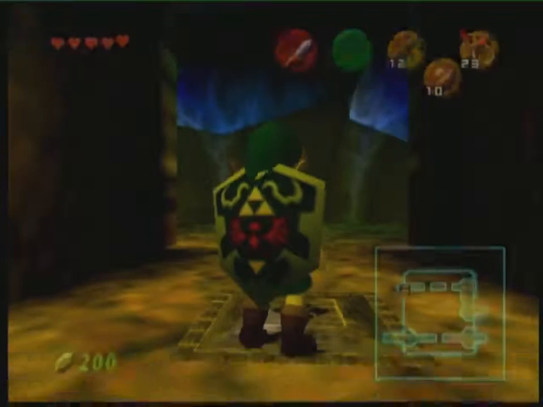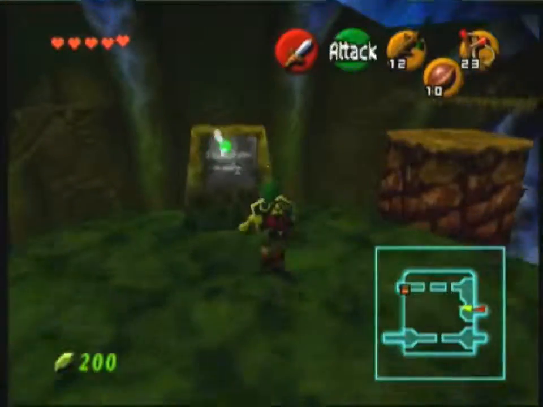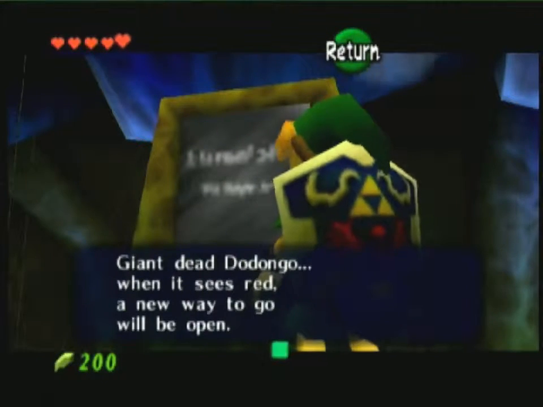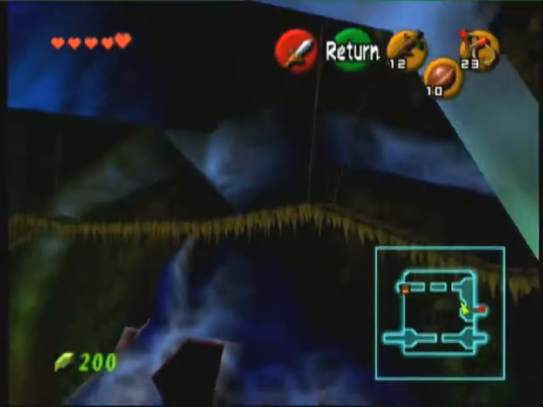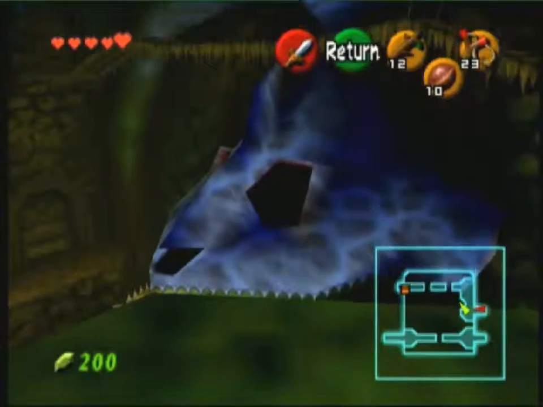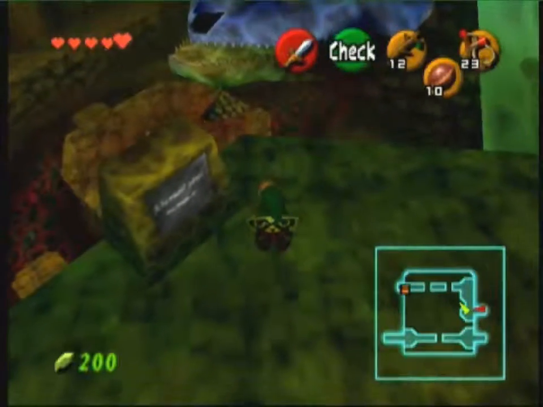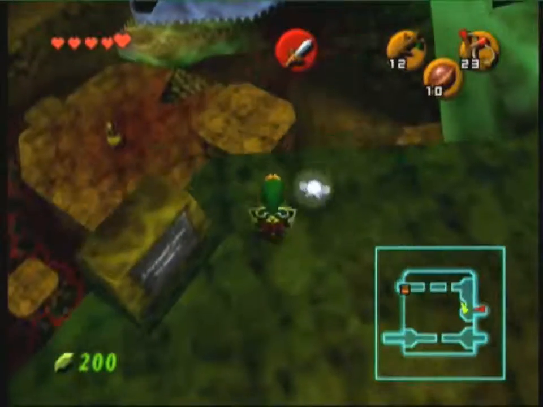So we've got this in case we fall down. We've got a quick way to get back now. This platform is going to go up and down. Nice bit. Giant dead Dodongo. Got an idea, Ambi? Well, we don't have fire to put into it. Can we throw bombs into its eyes? Well, let's try that. That would be tough, but...